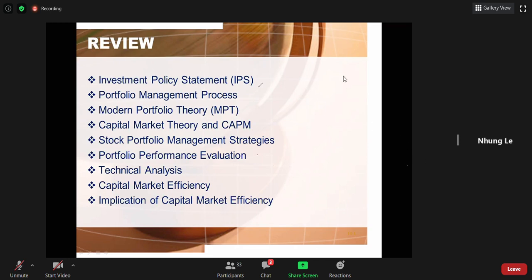Aspects such as the objective and another one about the constraint. After that, we look at the asset allocation and portfolio management process. We study two important theories. The first one is about modern portfolio theory, and we extend it to what we study for capital market theory with the CAPM